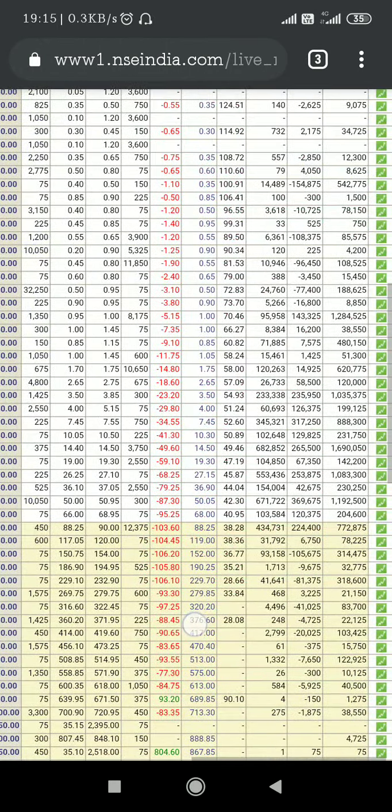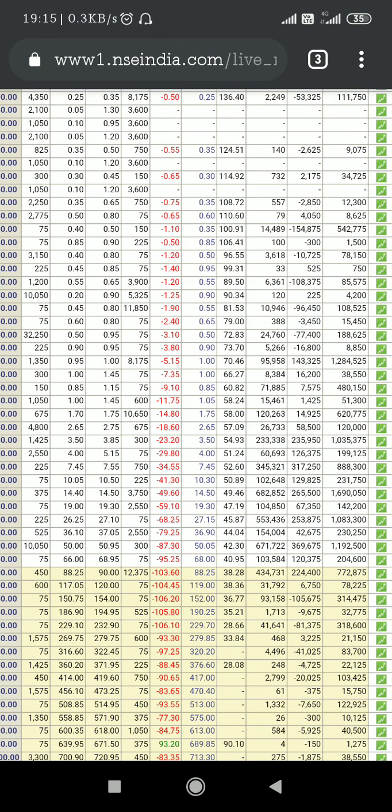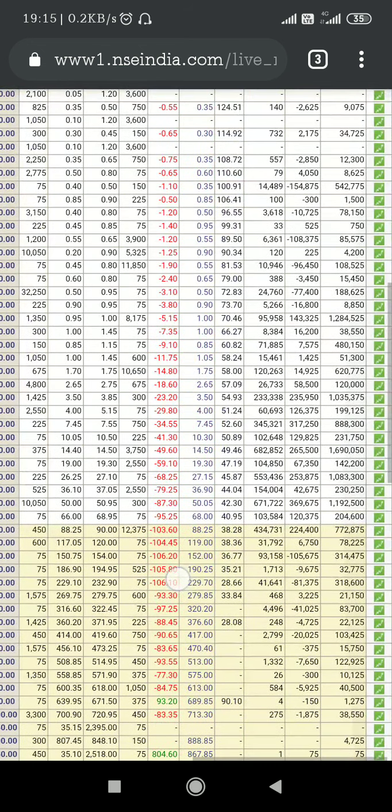What we can see on the put side is massive put writing, as many traders are expecting that the Nifty 50 should expire at around 9300 or 9400 levels. It should not go further down, and even if it goes down, it should come back up and expire at around 9400 or 9500 levels. So I am expecting the Nifty 50 expiry to be around 9350 to 9450, a 100-point expiry range. That's why there's a massive put writing at these levels.